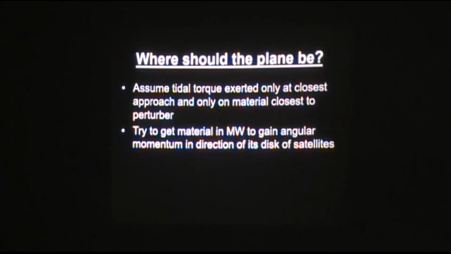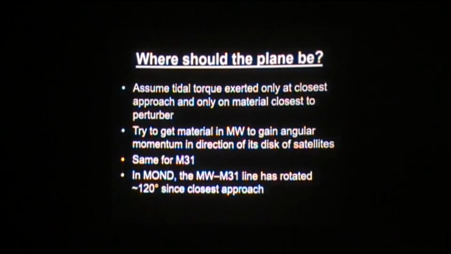So can you not just make the Milky Way have a polar ring of satellites, but like in the right galactic longitude, if you like. And the same for Andromeda, obviously. The other thing you need to know is that the line joining the galaxies should have rotated close to 120